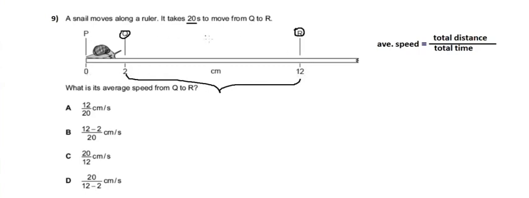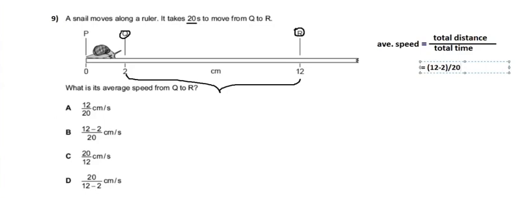Okay, so this QR is what? This is nothing but PR minus PQ. Okay, so PR is nothing but 12 and PQ is nothing but 2. So this much distance is nothing but 12 minus 2, that is 10. So here you can write, this total distance is what? How much is 12 minus 2? 12 minus 2, here I will put these numbers in bracket, divided by the total time taken, that's nothing but